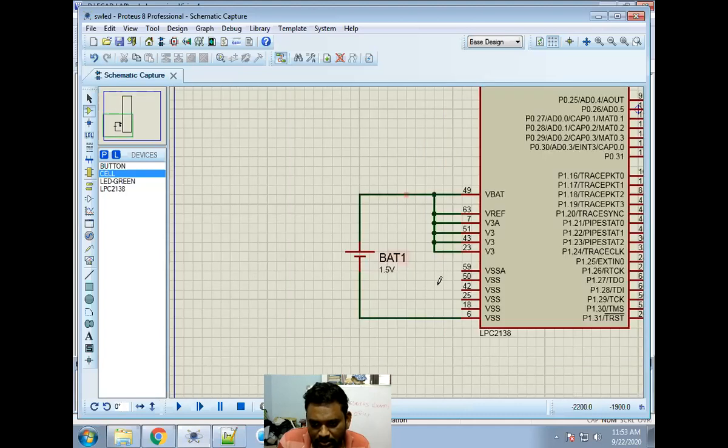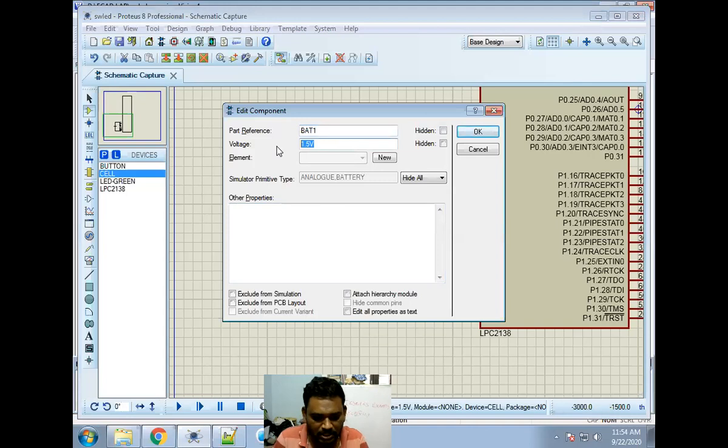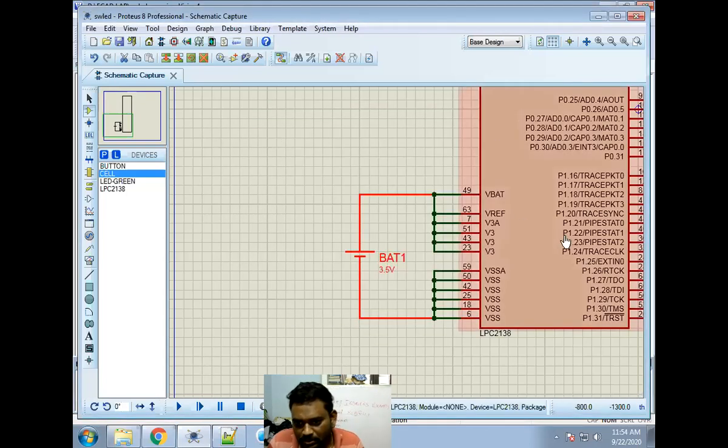Actually, once you have done it, you can copy and paste or save as also, it is possible. But for your purpose only, I am showing this design these many times. Okay, so done. So battery voltage you need to set as 3.5 volts. Okay, done. Next, this circuitry part is completed.